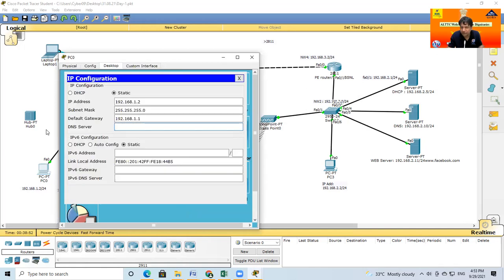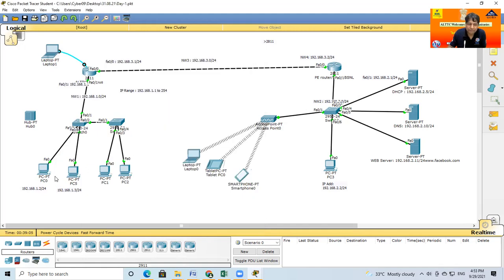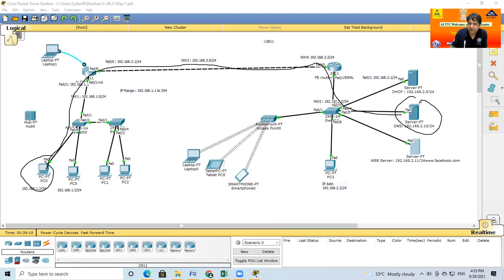Earlier there was no DNS server, so I set the DNS server to 192.168.2.10. Now if I want to open this website from PC0, it is possible. My computer first goes to this DNS server, and the DNS gives the information of the IP address of facebook.com.